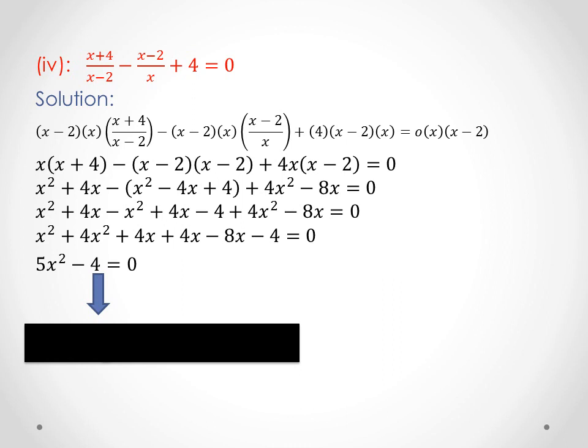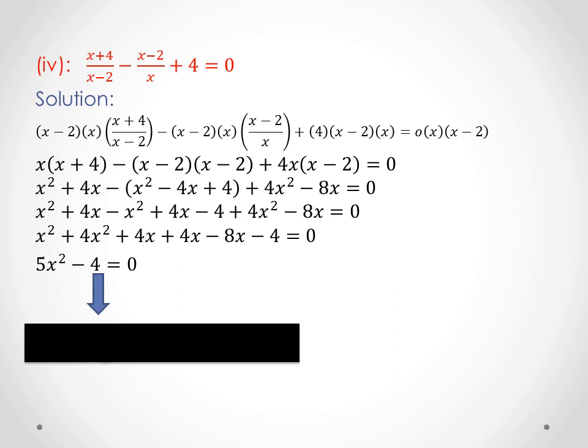After cancellation, we have x into x plus 4 minus 2 brackets of x minus 2 and plus 4x into x minus 2 equals to 0. In the next step we will multiply the brackets, and in the third step I have again put the brackets. That bracket shows that we have the negative sign outside the bracket, and because of that negative sign we are going to change the signs of the digits that are present inside the bracket. Negative sign changes the sign of the digits. So after multiplication, x square minus 4x plus 4 would be changed to x square plus 4x minus 4, minus to plus and plus to minus.